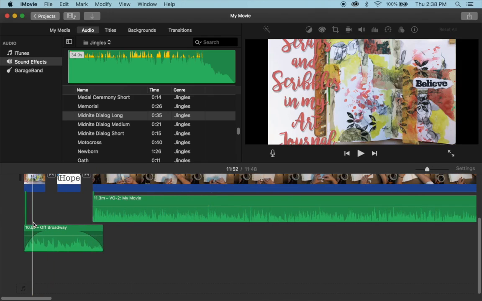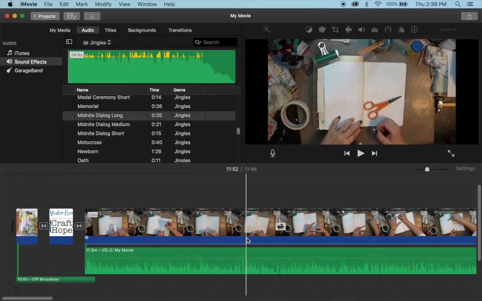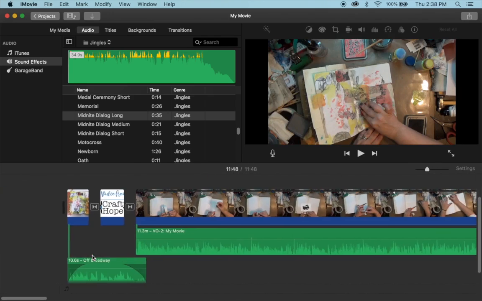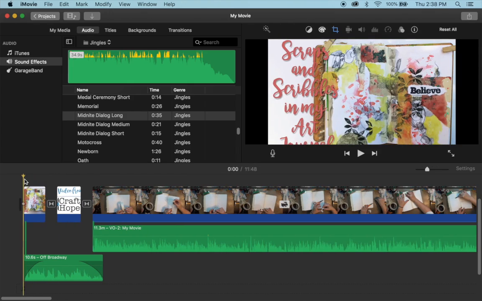The only thing I really do at this point is watch through it. To do that, I go to the beginning, make sure I've selected the beginning, and then I hit these arrows here that make it full screen. When you're done with that, you can click your escape button and it'll bring you back to this screen. But to save this, what I'm going to do is